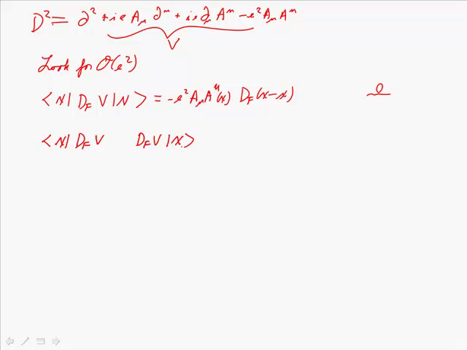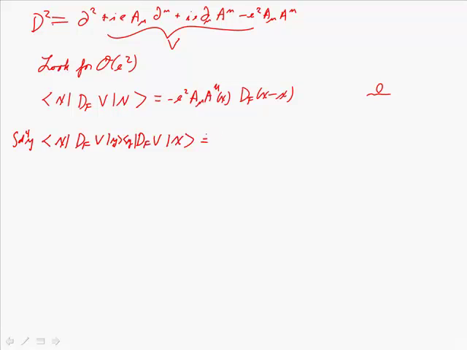That's not necessarily diagonal because df is not. So the easiest way to interpret this is to put a complete set of states here, d^4y. This converts then into the